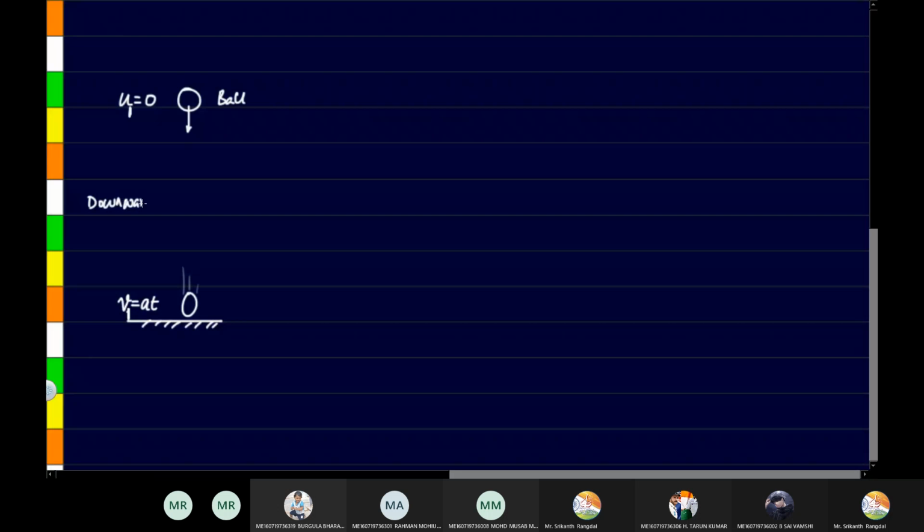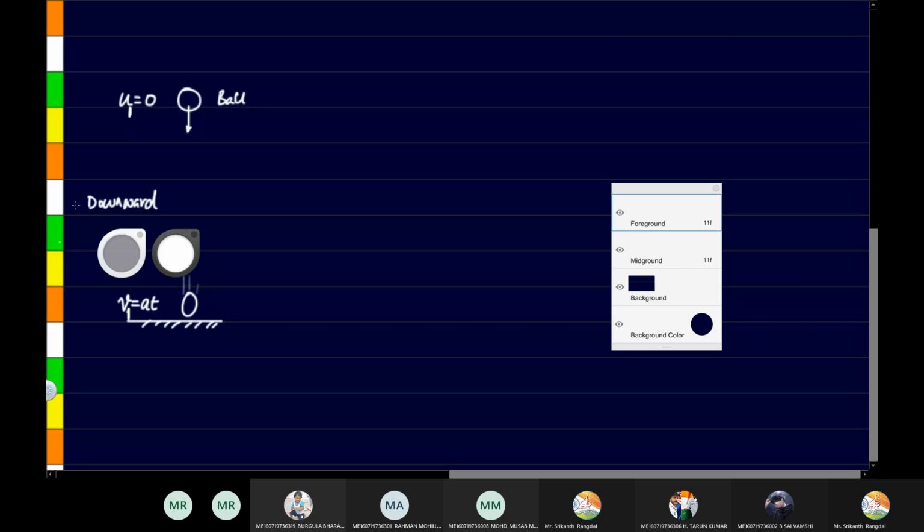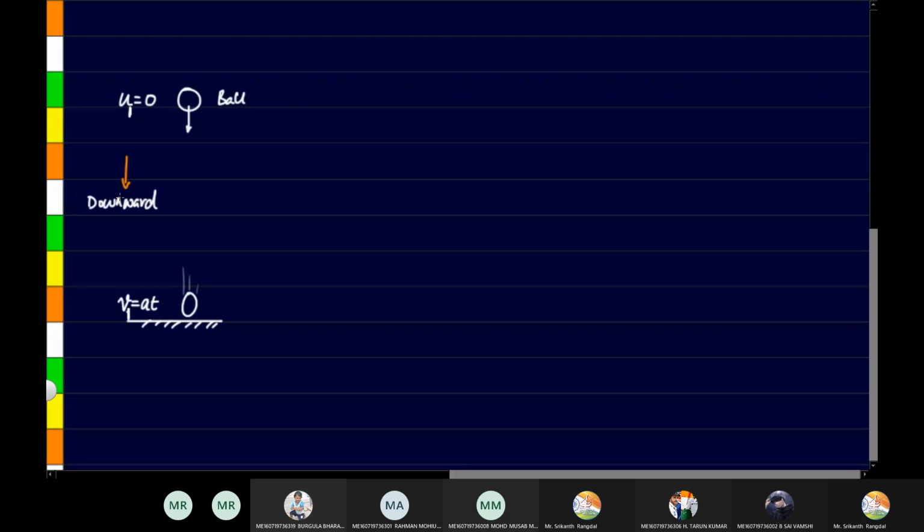Downward motion. Now, as soon as it bounces, as soon as it reaches the ground and touches here, its velocity will change direction, isn't it? So this velocity is downwards. Then for upward motion,